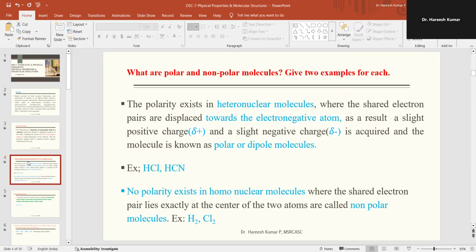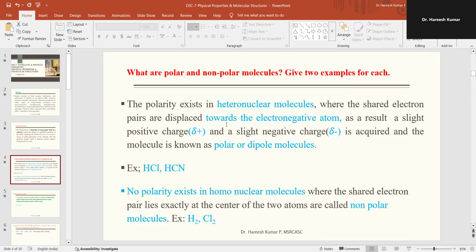Let's go to one more question, that is, what are polar and non-polar molecules? Give two examples for each. Polar molecules exist in heteronuclear molecules. Heteronuclear molecules means HCl or HCN. HCl is called hydrochloric acid. HCN is called hydrogen cyanide, where the